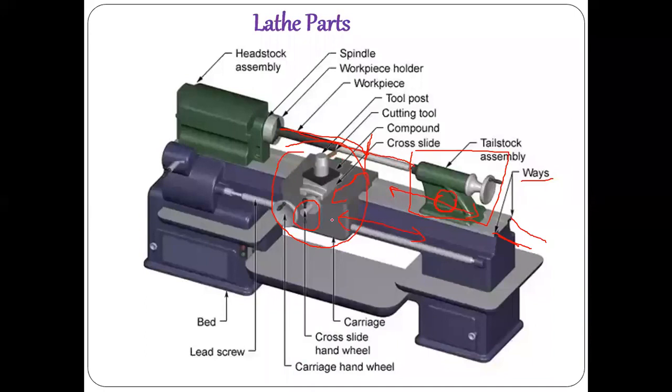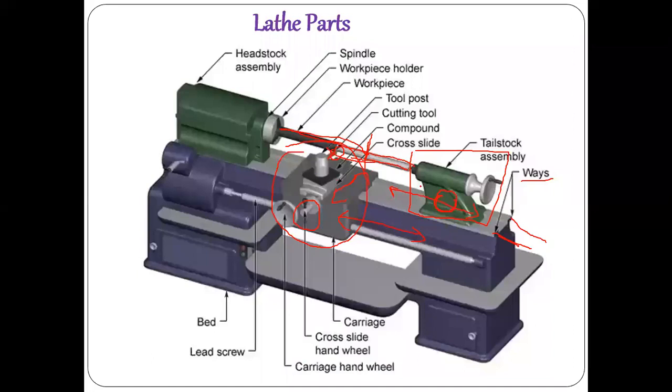So because of the movement of this carriage only, whatever the tool is there starts machining from this portion to this portion. Like this, it is moved. This cutting tool is moving from here to there. So now at this particular point, your cutting tool is at this position. Machining has already been done in the white portion you're seeing. It is a finished surface. So starting from here, machining has been done.